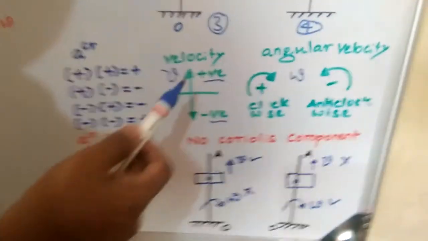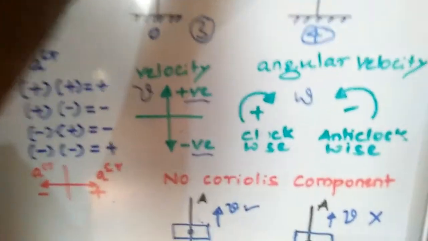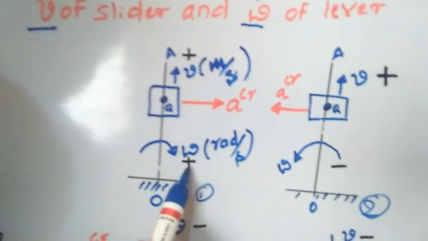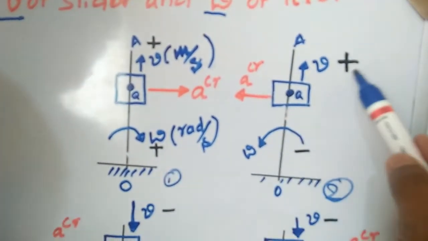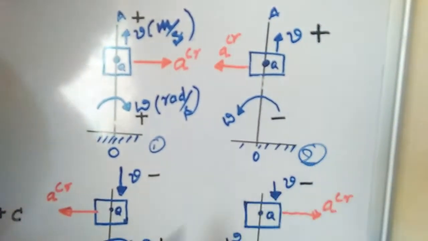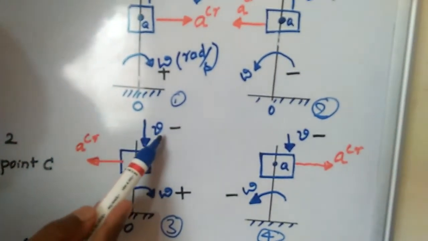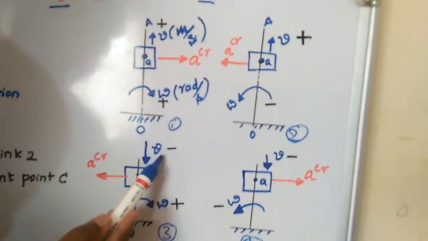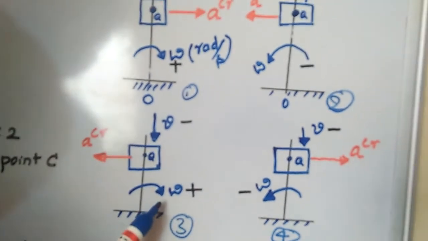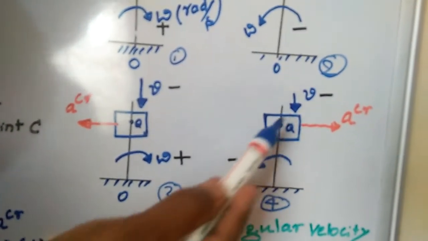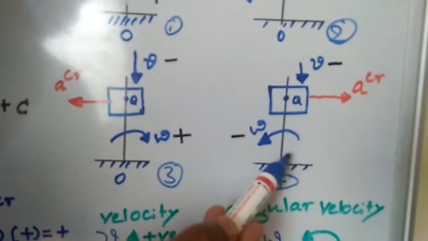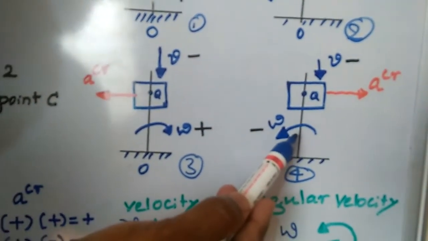First I will take this concept. Now the vertical, you take it as positive. I have taken it as positive. This is clockwise, you take it as positive. Here also I will take the vertical as positive, and anti-clockwise as negative. Third case, you take the downward direction. The linear velocity you have to take as negative because it is downward, and clockwise as positive. Then once again, the downward direction, you have to take it as negative, and anti-clockwise, you have to take it as negative.